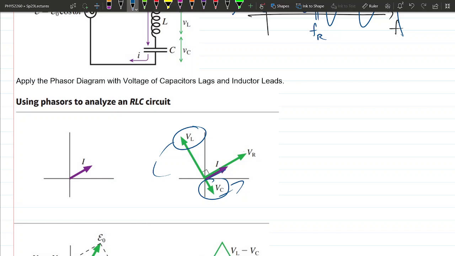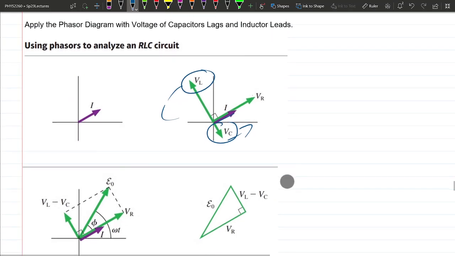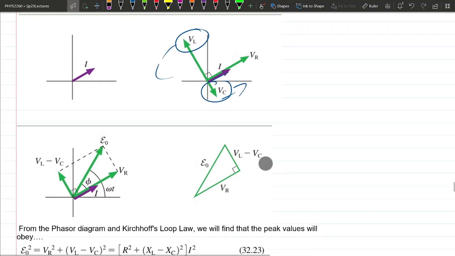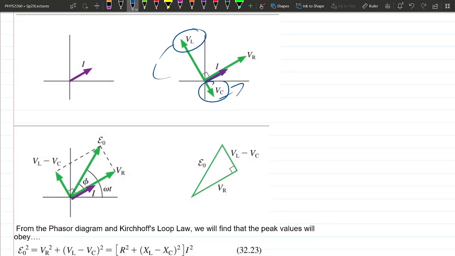We subtract them. And if their magnitude is the same, they do cancel out, okay? So what we need to do is that instead of calculating the vector for the inductor and the resistor by itself, you actually have to calculate the vector for the inductor minus the capacitor, right? So you take this little piece and you subtract it, so this makes this vector here a little bit shorter,